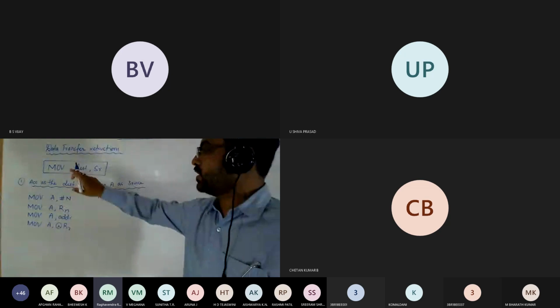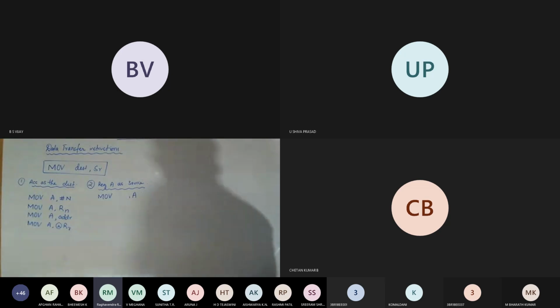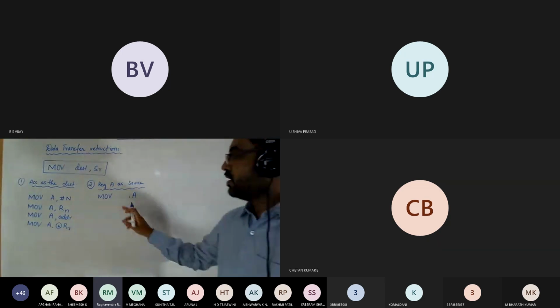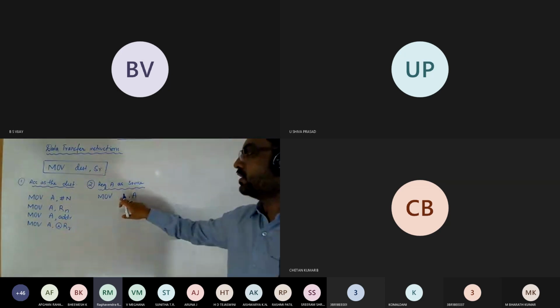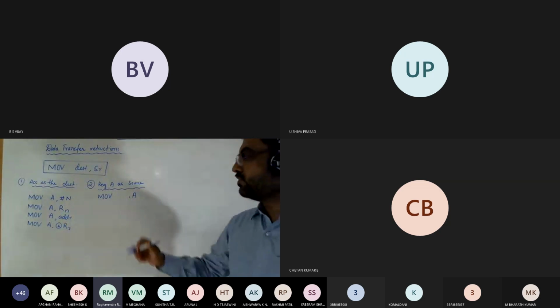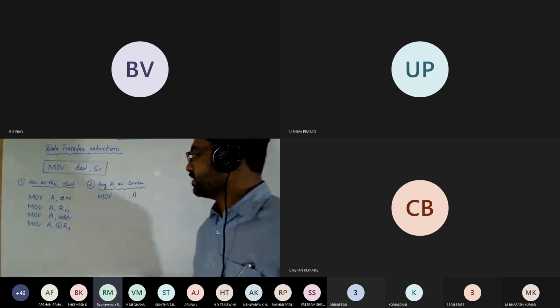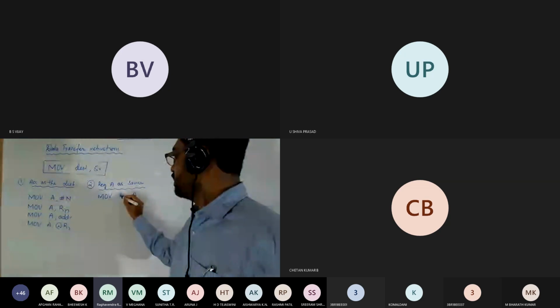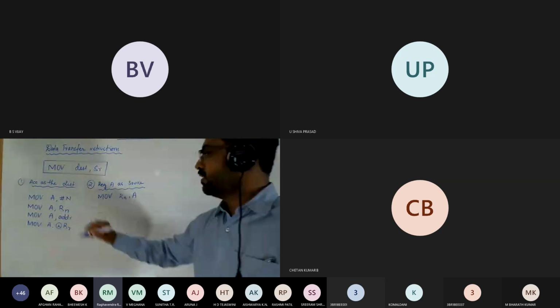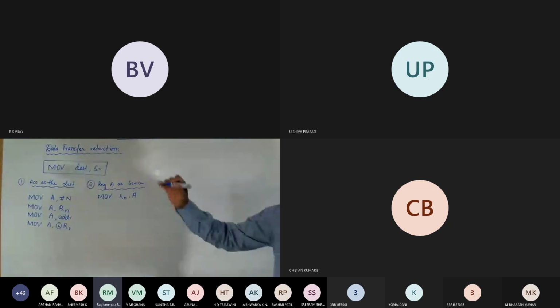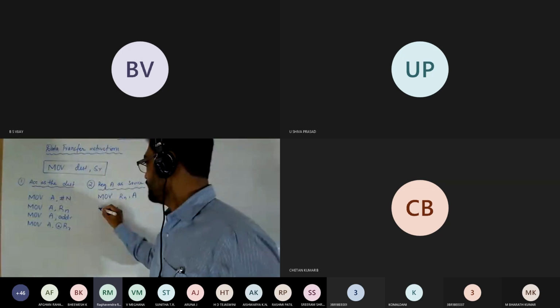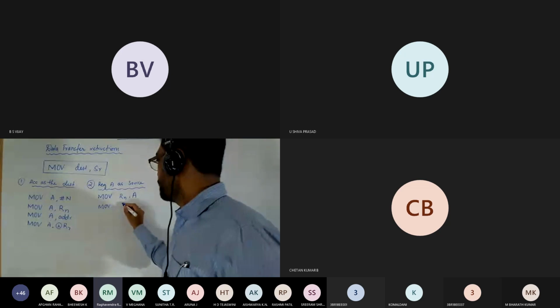Now destination might be any of the addressing modes. We cannot think of immediate address as the destination here because it is invalid. So we cannot represent that. We can have Rn, any of the bank registers, as the destination. That is fine. Next possibility is that move